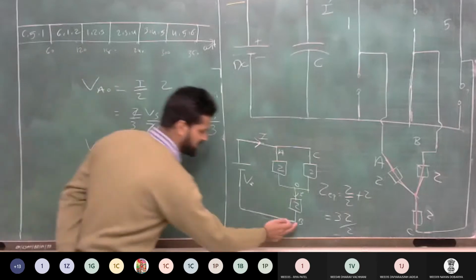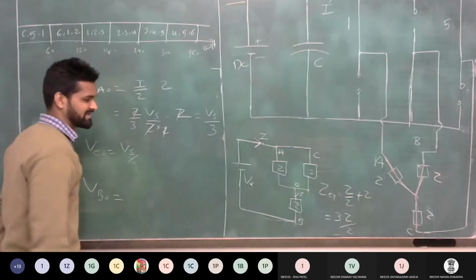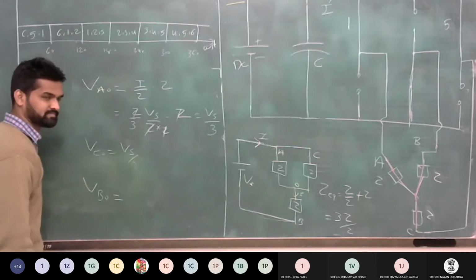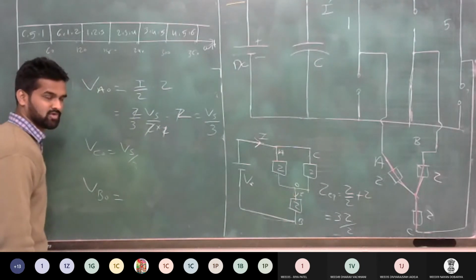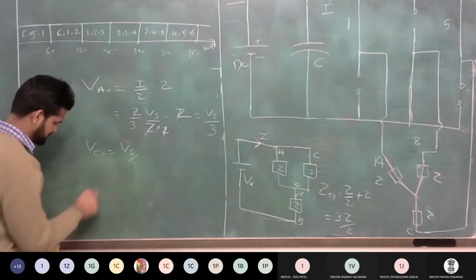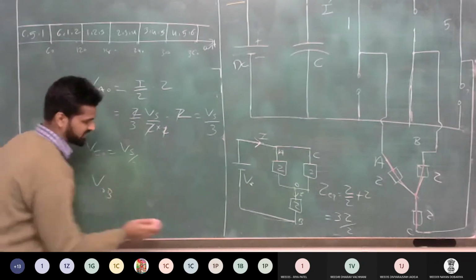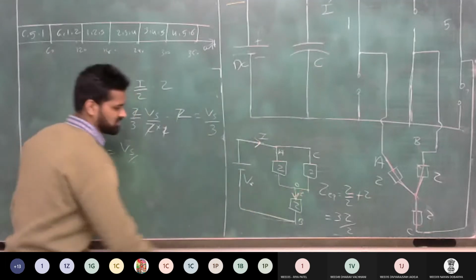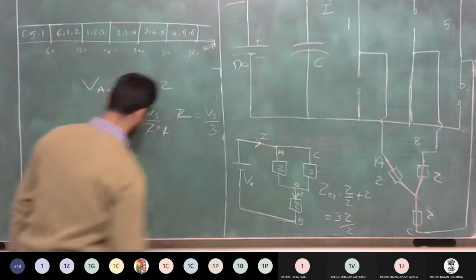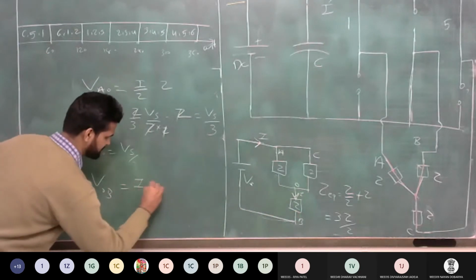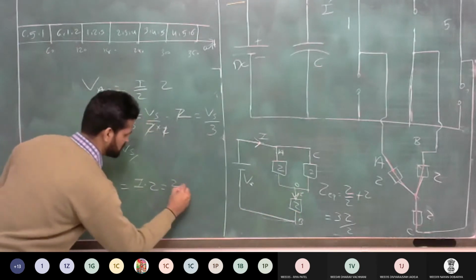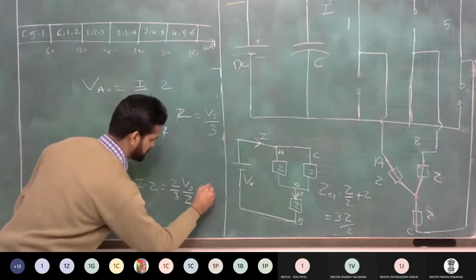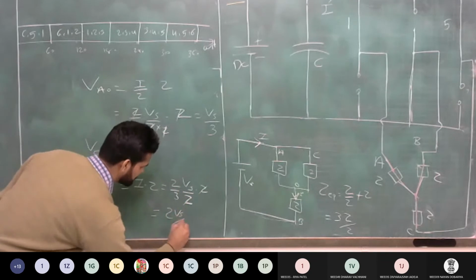If you measure the voltage from B to O, we can say that the direction of current is negative. Yes or no? Okay, let's measure the VOB. VOB, voltage across neutral and B point. Direction of current is this one, downwards. Current is I, impedance is Z. So it is I into Z. I is 2 Vs by 3Z into Z. So it is 2 Vs by 3.